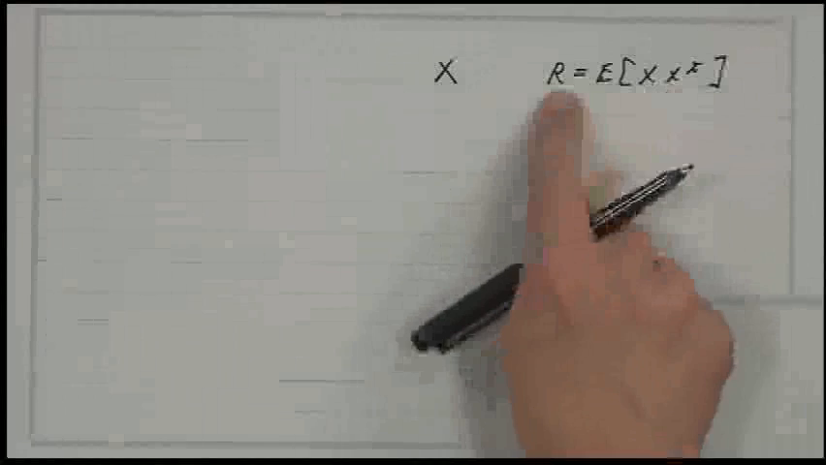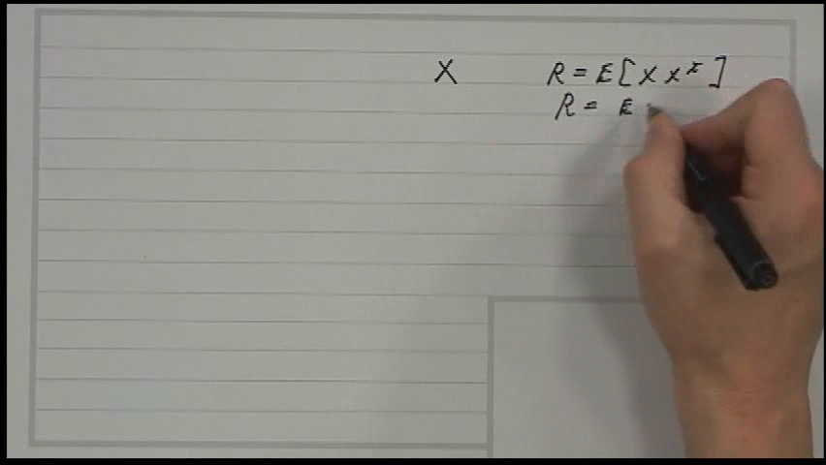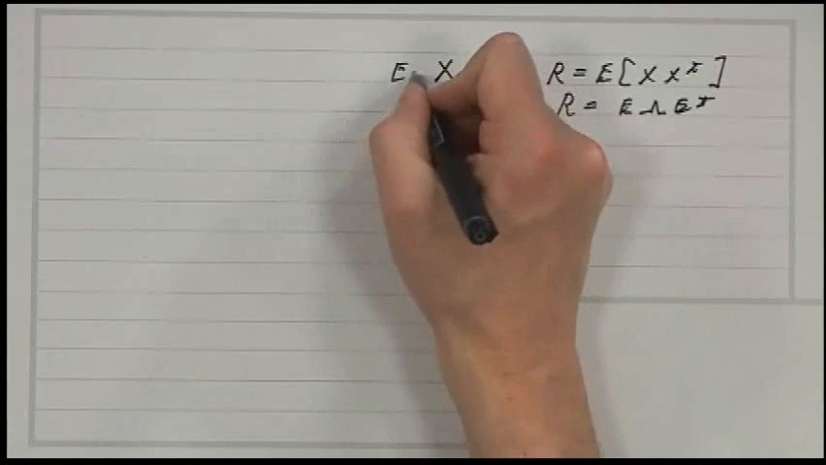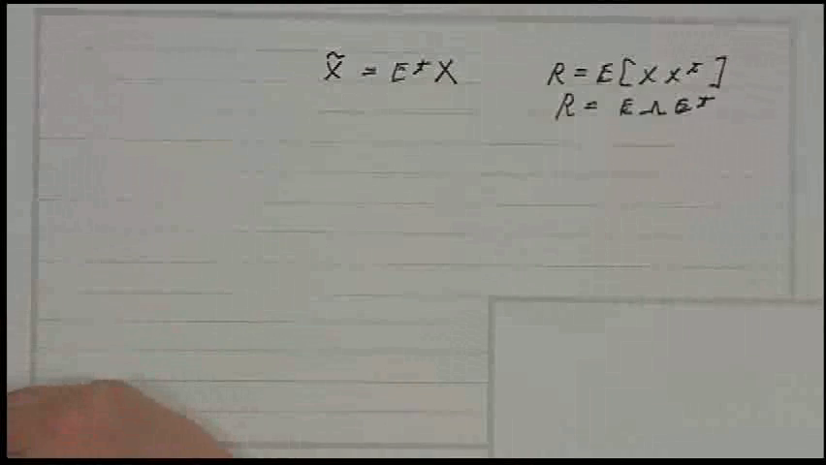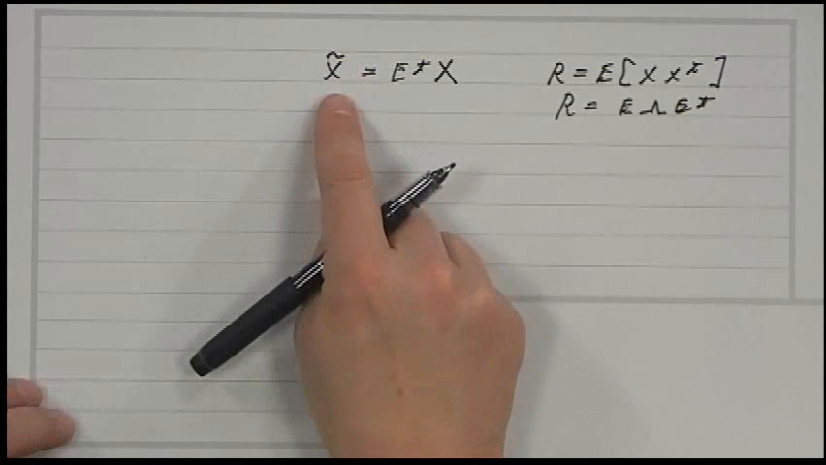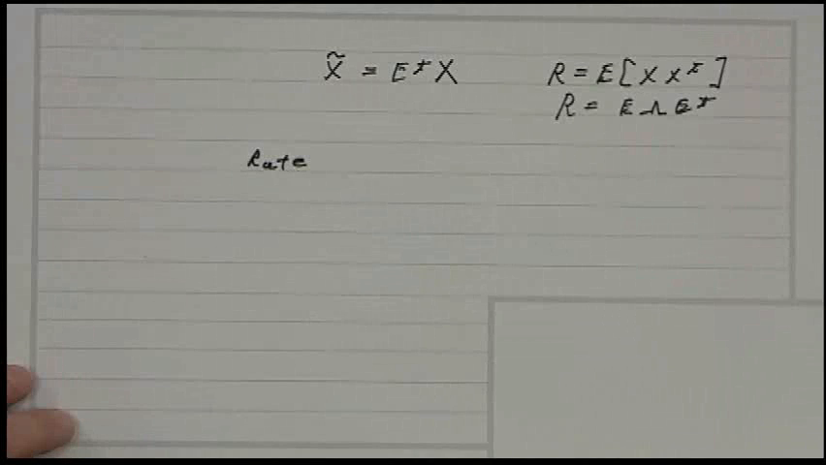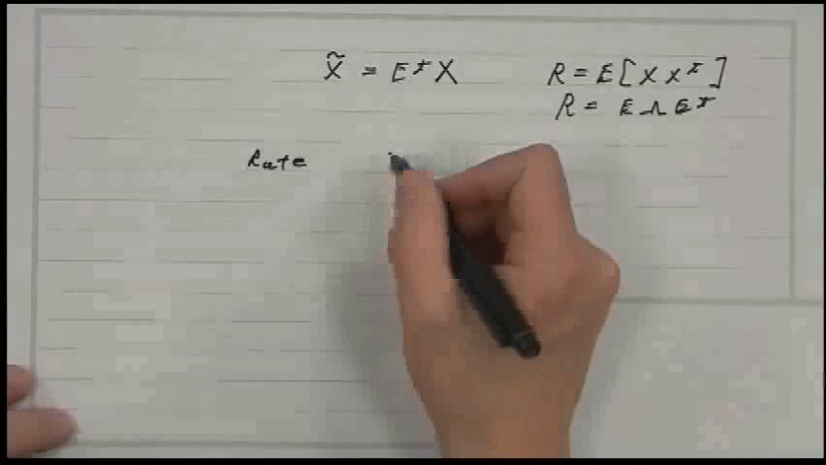Okay, so now you have r, and r here is equal to E lambda E transpose, right? So this is E transpose x. So that's x tilde, right? Now, if I code that, you know from the last class that the rate will be,